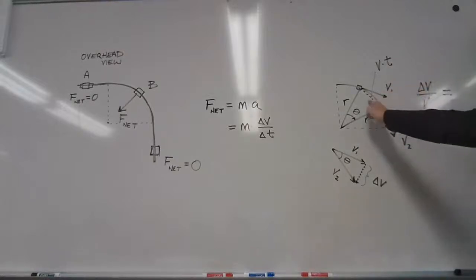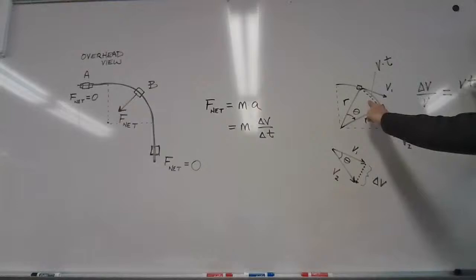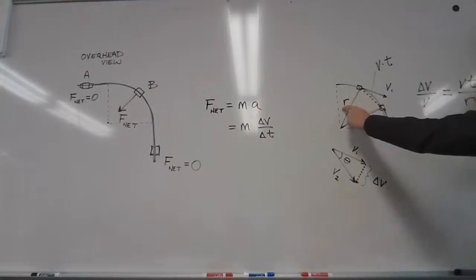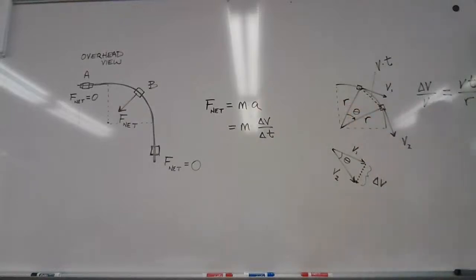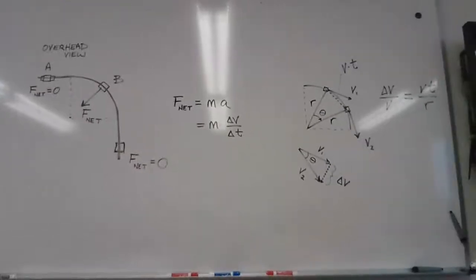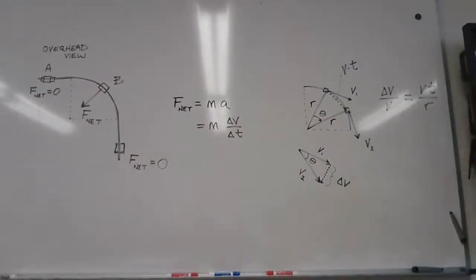Equals this, v t is to r. Don't worry, we're almost done. By the way, if you're super confused right now, it's okay. Once we have the formula, we can just use it. Solve this